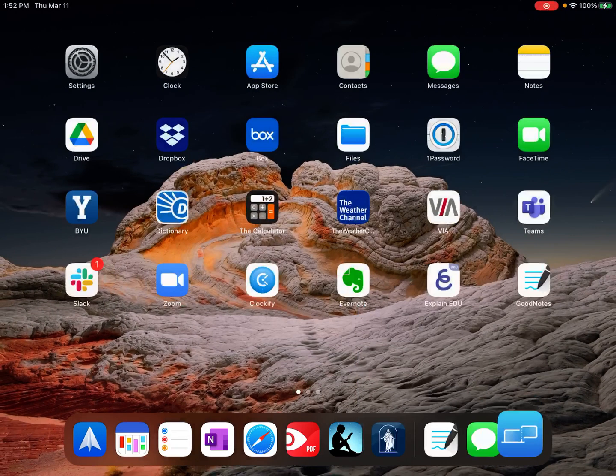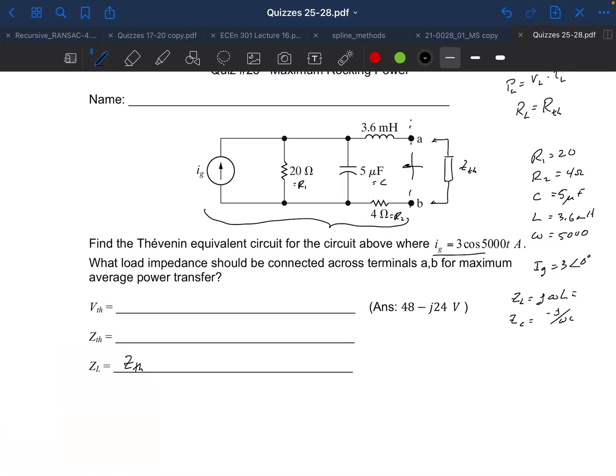Okay, so if I come back here, ZL is equal to 18J. ZC is equal to minus 40J. All right, so now let's draw this circuit in terms of